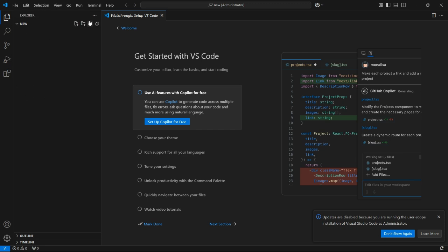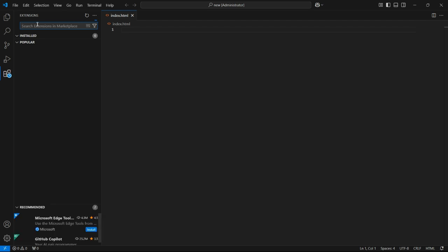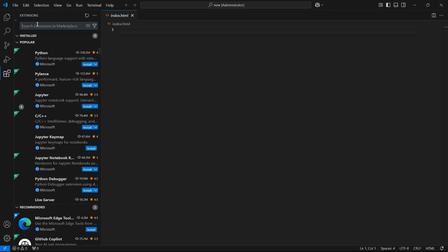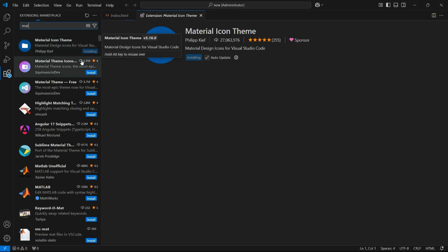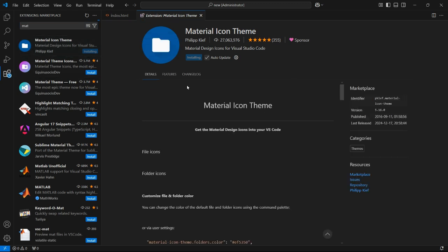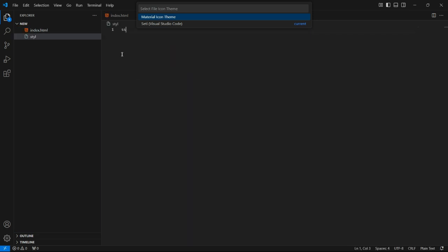Now if I create a file like index.html, it's going to work. So I'm going to use some extensions. The first one I'm going to use is Material Icon Theme, that you install. What does this mean? As you see, this icon is not so great. Like if I add style.css, sorry,